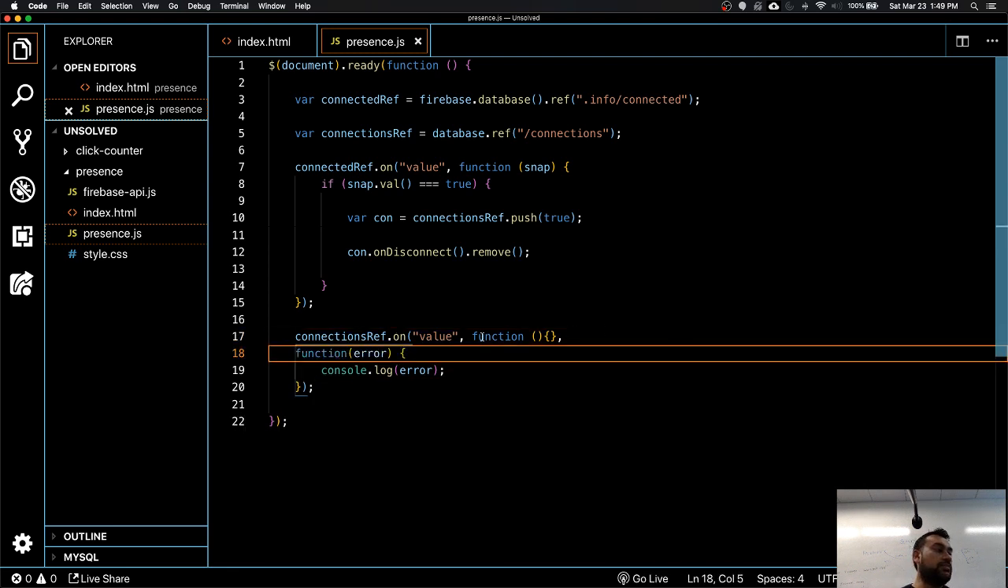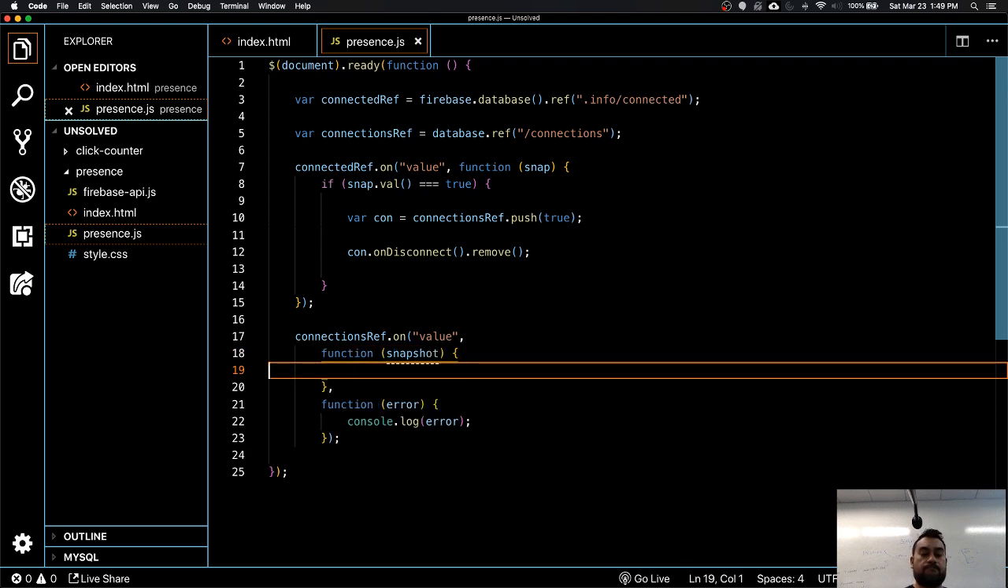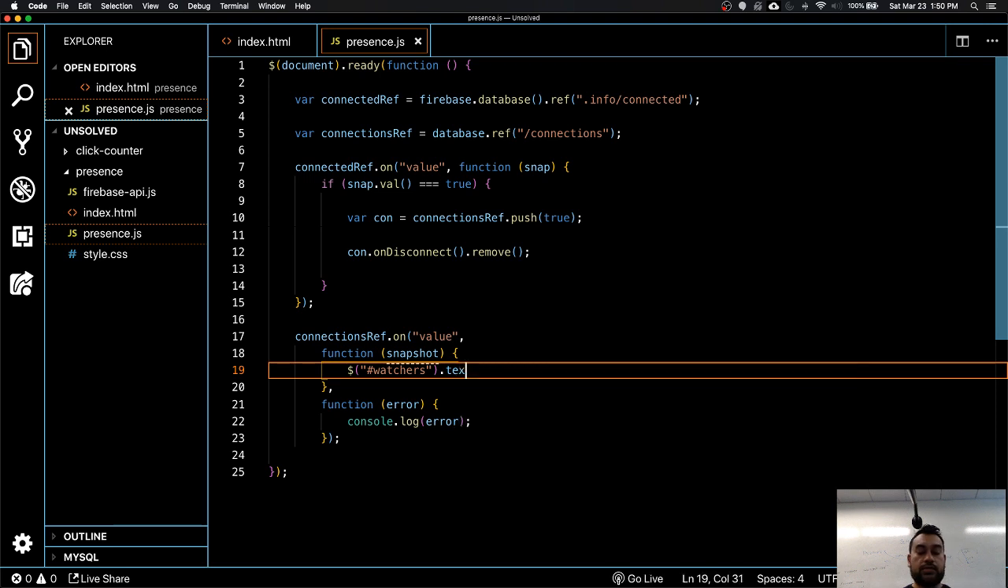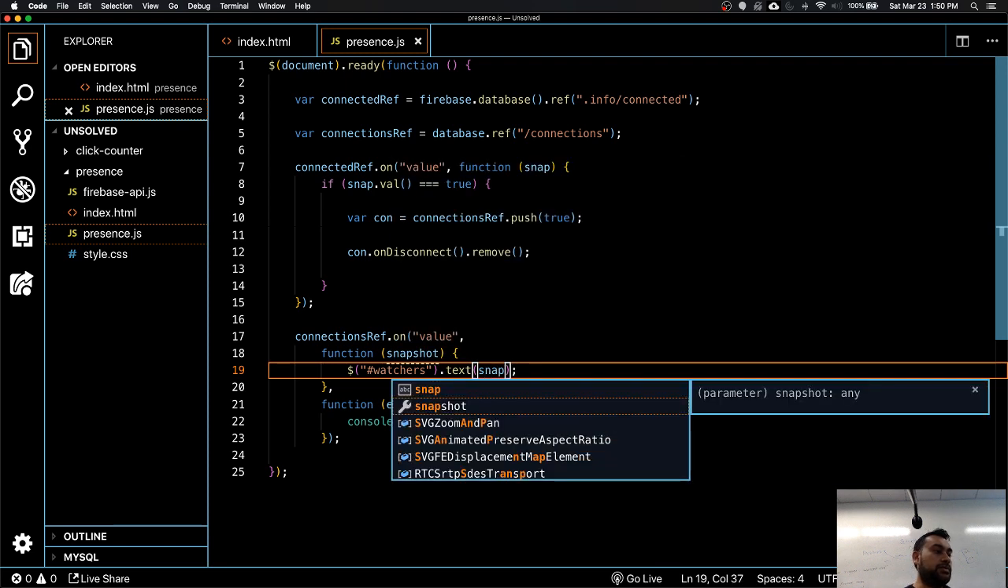Same on function that I'm using, and let's fill this one out now. So this one will have snapshot. Okay, and then I'm going to output the number to my watchers ID. So I have watchers, just use text, snapshot,